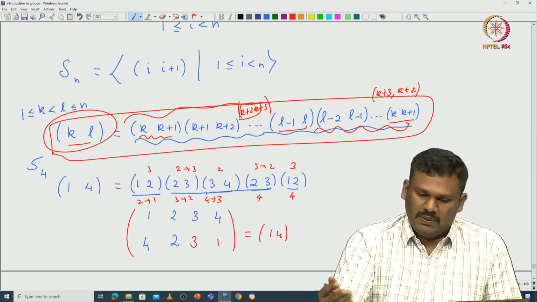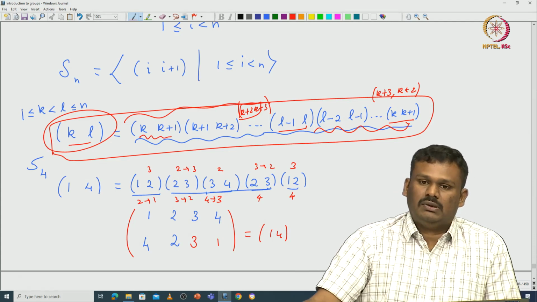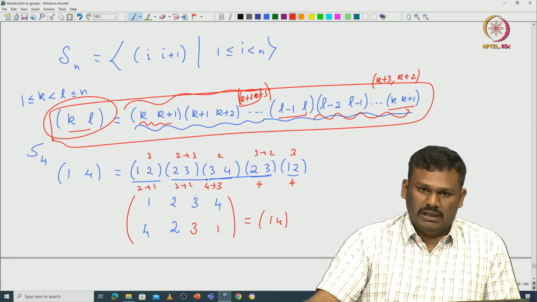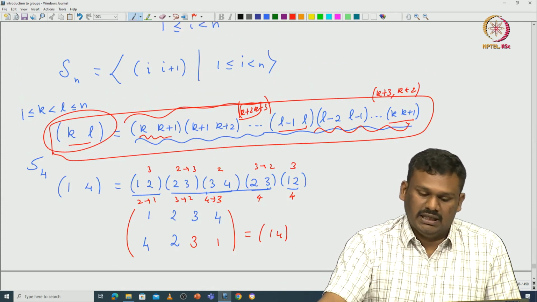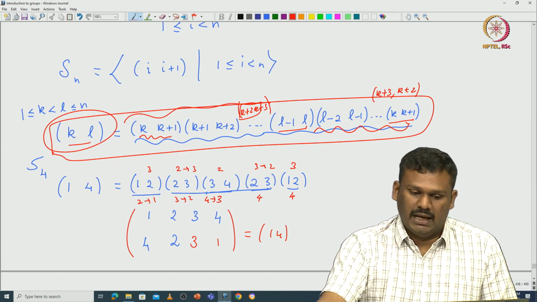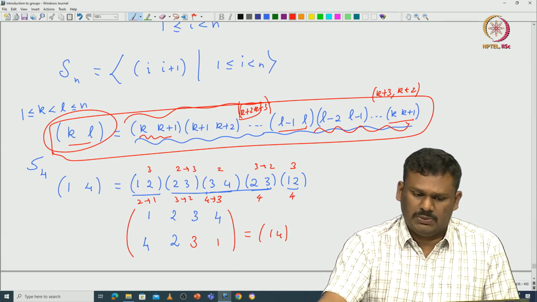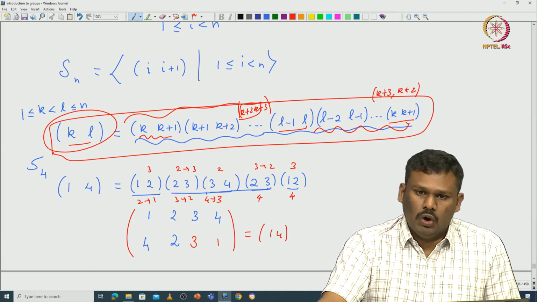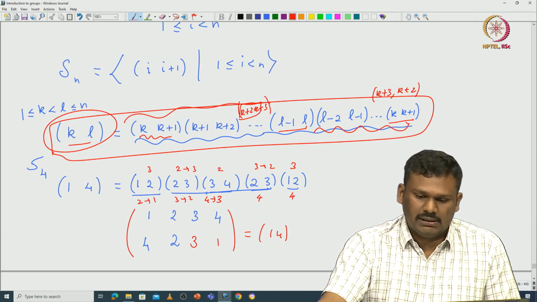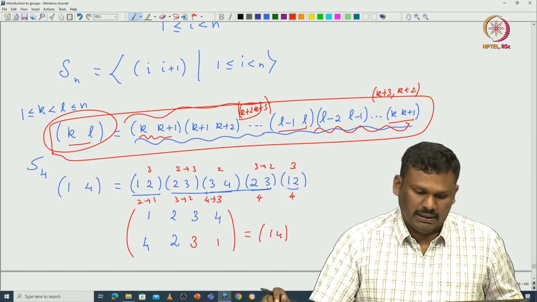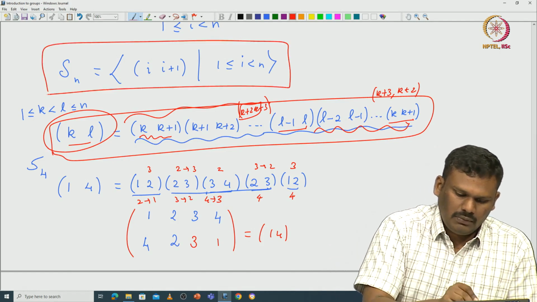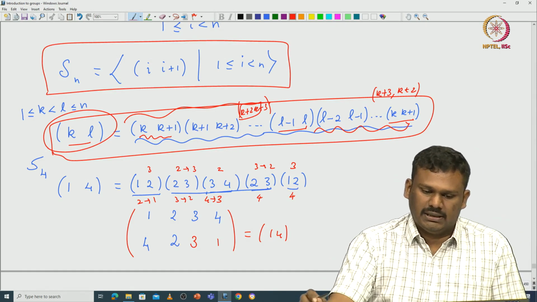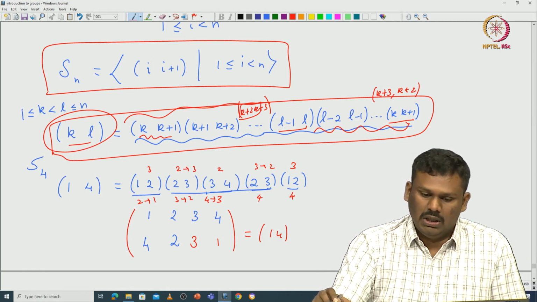So, this is a simple formula that you can work out by doing some examples. Once the formula is given, you can easily see that this formula indeed works. Okay. So, this proves that this Sn is indeed generated by these simple transpositions (i i+1). There are n minus 1 transpositions. So, there are again some more generating sets smaller than this. Okay. So, maybe I will actually add it in the assignments. But these sets of generators, they are somewhat important from the reflection group point of view.